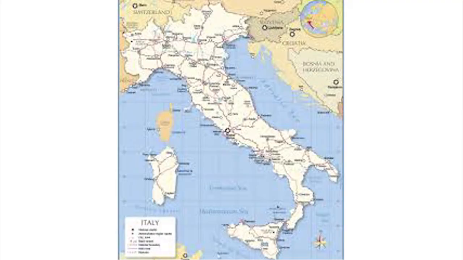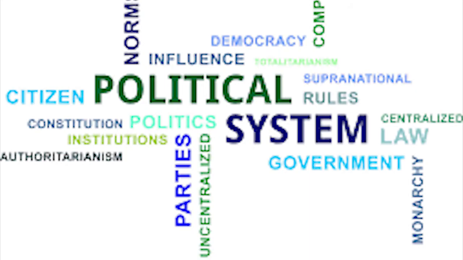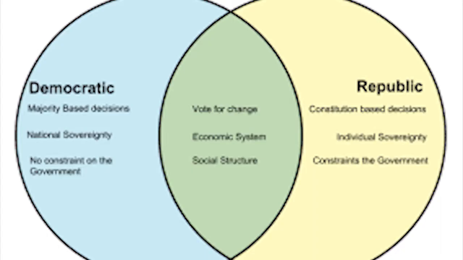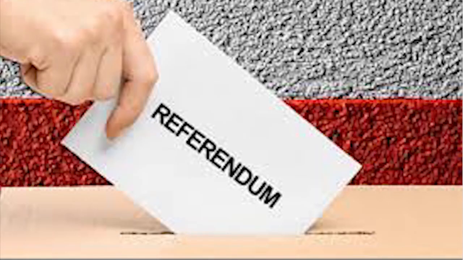So, today we're here to talk about the differences between the American and the Italian political system. The first big difference is the type of government. In Italy, we have a democratic republic since June the 2nd, 1946, when a popular referendum was instituted to decide